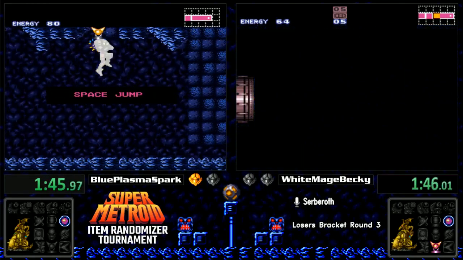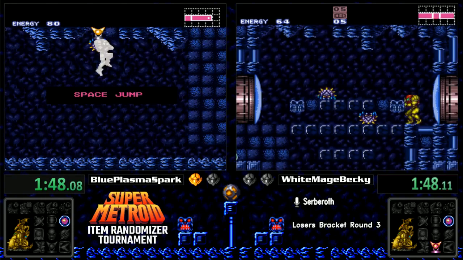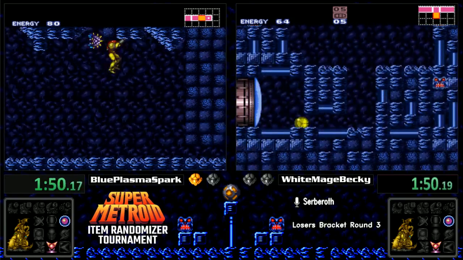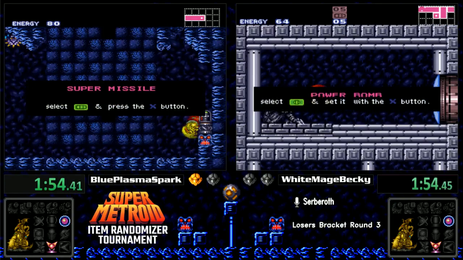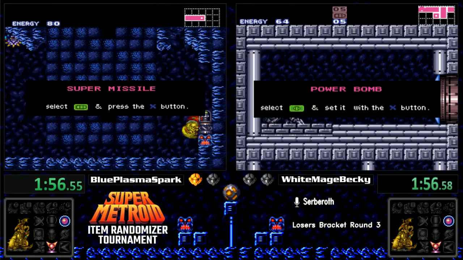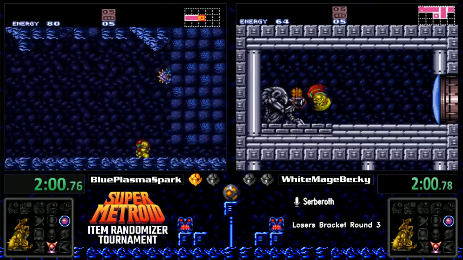Killing the Rio, setting it up on the waver, getting it. Very nicely done. Becky picking up some supers on the side there. Going down to first missiles. And she gets power bombs. That's very nice. Very nice pickup. That's going to mean that